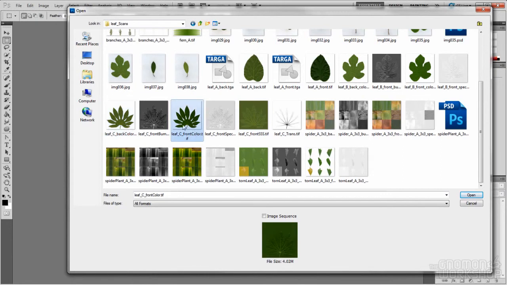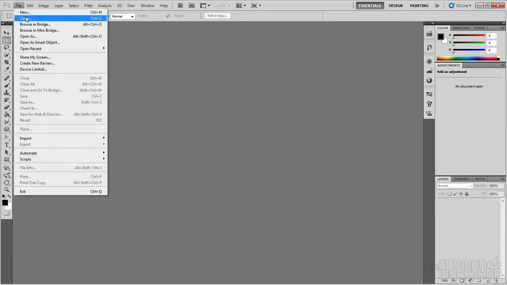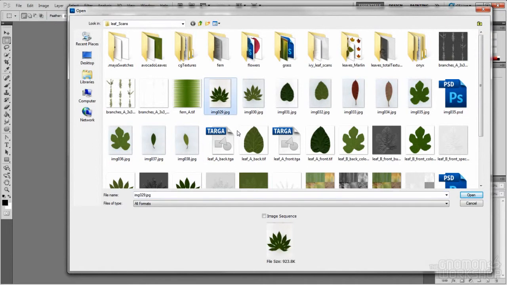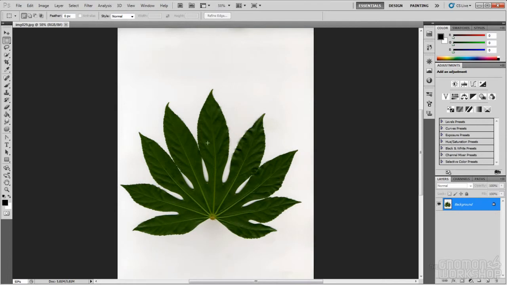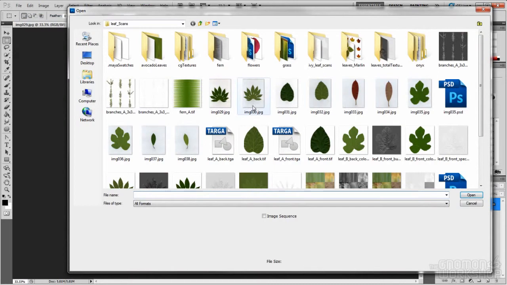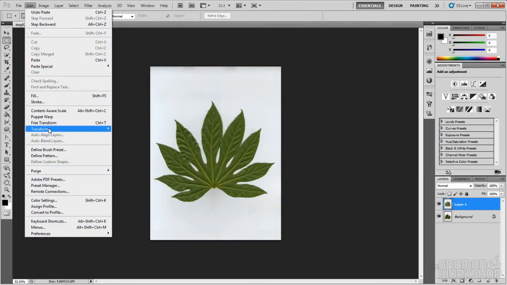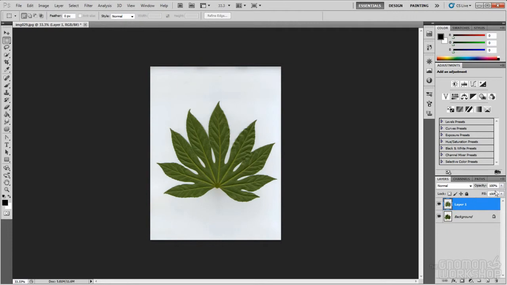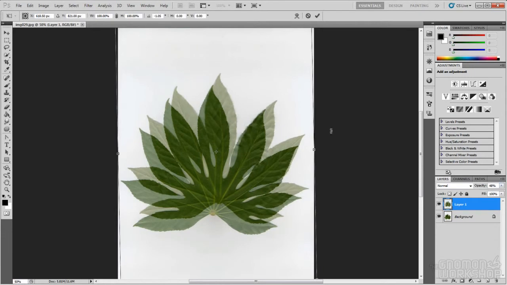So I just went outside and grabbed this really cool looking leaf, scanned it and made the texture. If I go in and open my raw scan, that's this one right here, then to get it prepped to be a texture, and I've also got the back of it that I scanned. So select all, copy, close, paste, and since it's the back, I have to flip it horizontally and then lower the transparency on it,